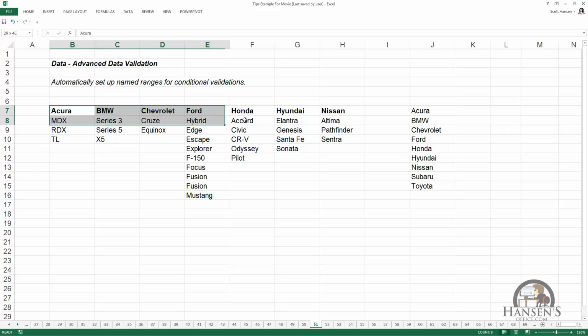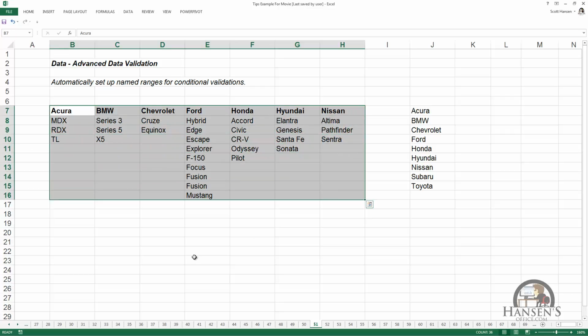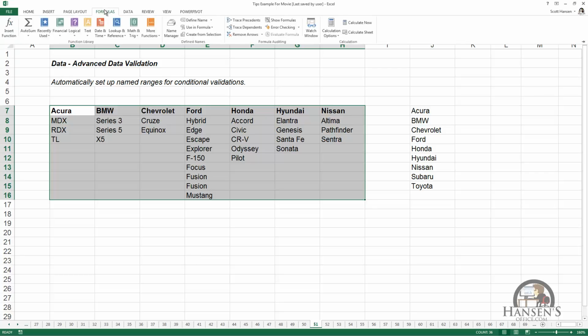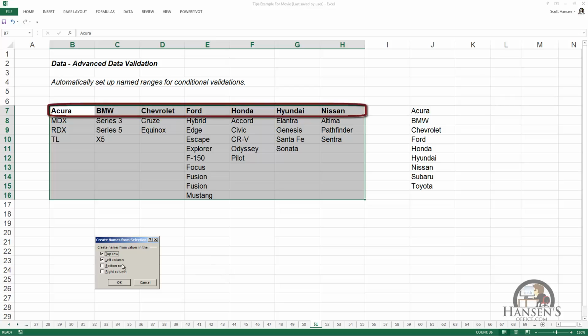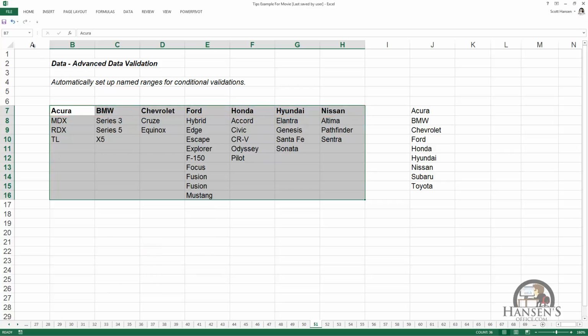I'm going to select this region of data that contains the car manufacturer and the model of the car below the car manufacturer. I'm then going to go to the Formulas tab, and in the Define Names group, left-click Create from Selection. And what we want to do is create named ranges on the basis of the value that's in the top row, not the left column. So I'm going to clear that box that says left column and left-click OK. We've now created named ranges that are associated with each one of the 7 car manufacturers I have listed in